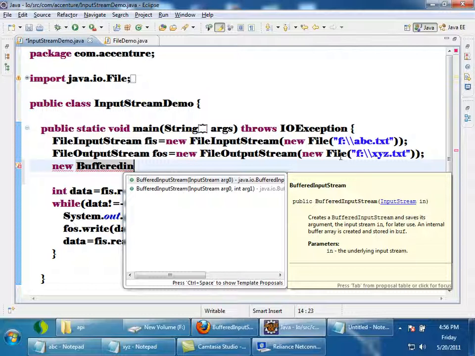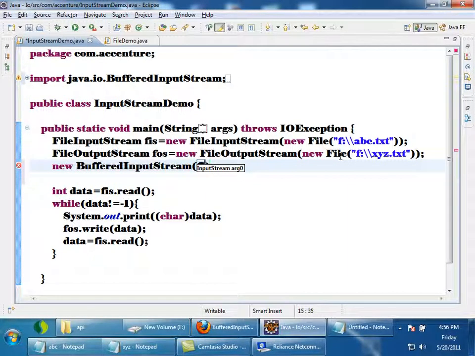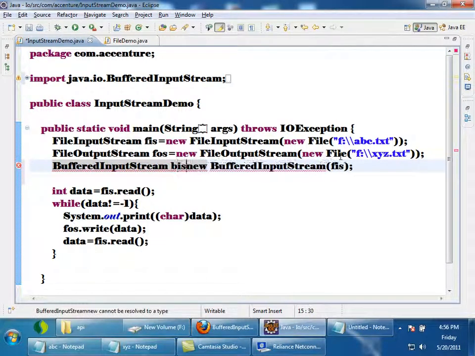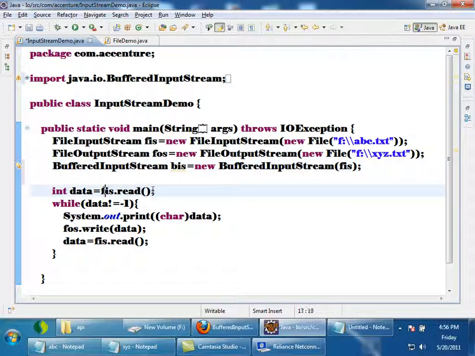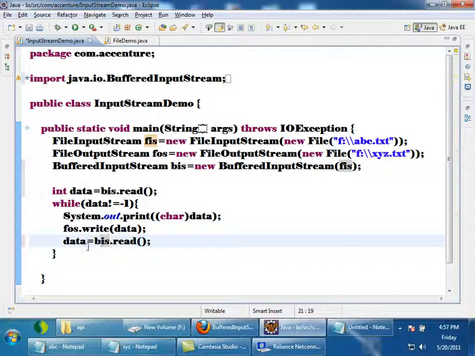So can I pass this FIS here? Yes. BufferedInputStream, I am passing FIS. So the buffered stream object is created. I'll take it in a reference, BufferedInputStream BIS is equals to. Now, instead of reading by using FIS, I will read it by using BIS. Here also I will change it to BIS.